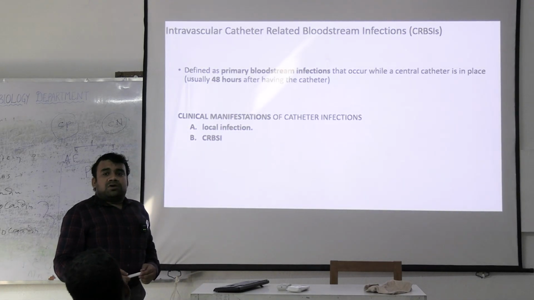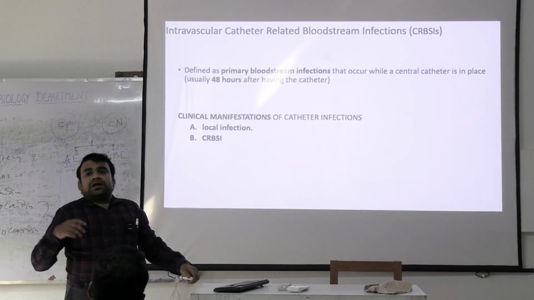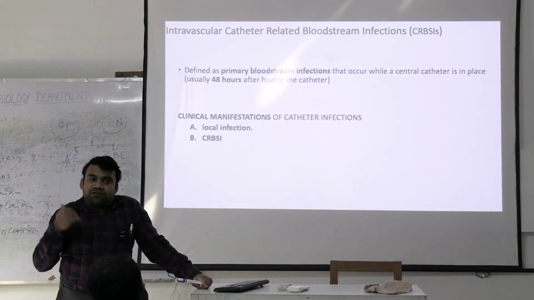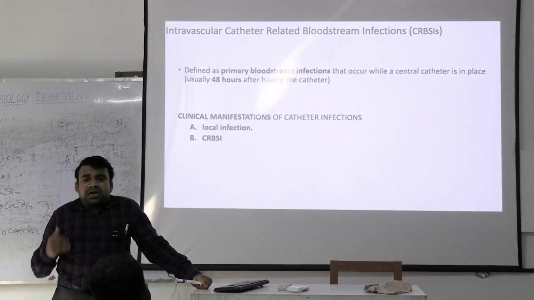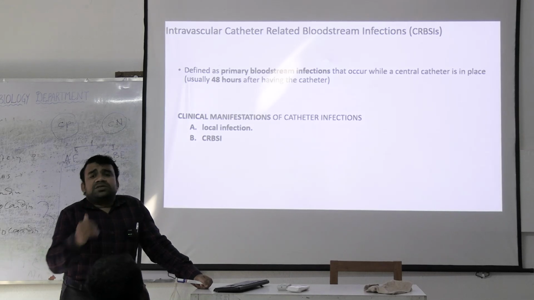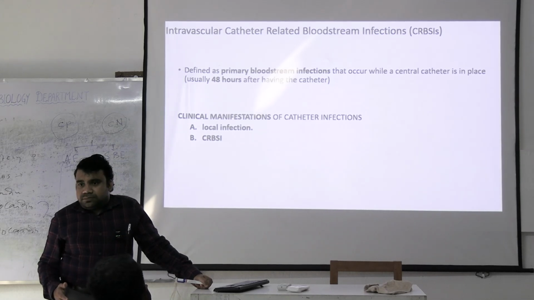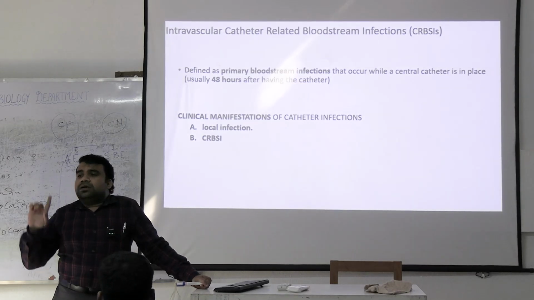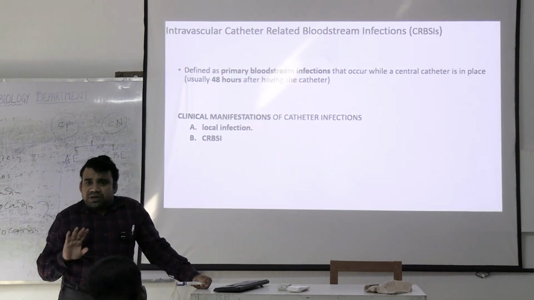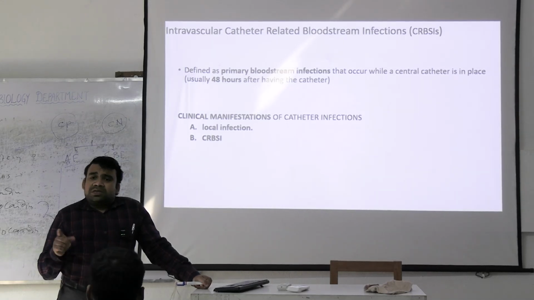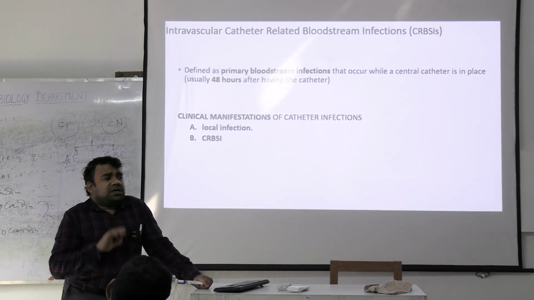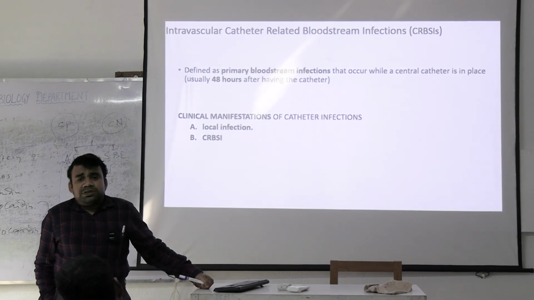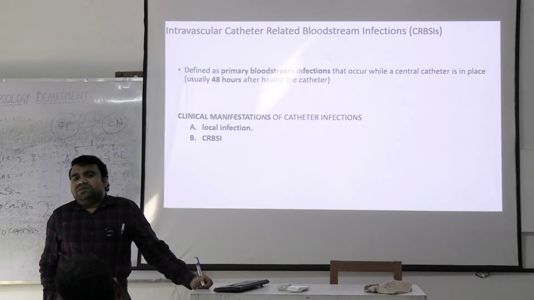এবার আমরা হসপিটাল সেটিংয়ে বলি, if the infection occurs 48 hours after the placement of the catheter, then only we will consider it as catheter related. This is very important, try to understand. Suppose you have two patients. In both the patients you have put the central line. In the first patient, on the day you have put the central line, blood culture comes positive. And on the second patient, the blood culture comes positive 2 days after placement of the central line.